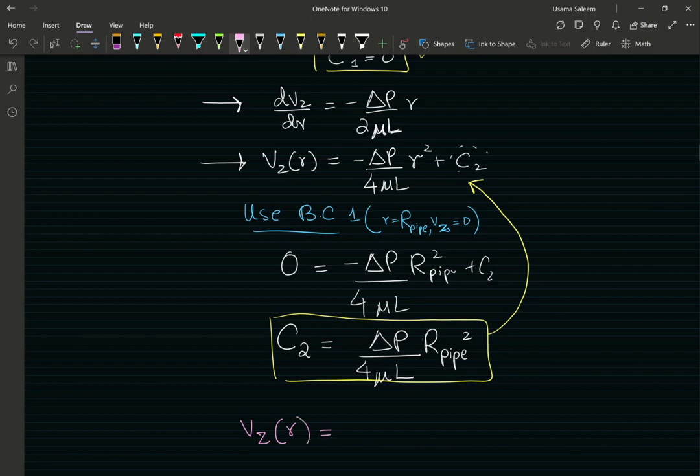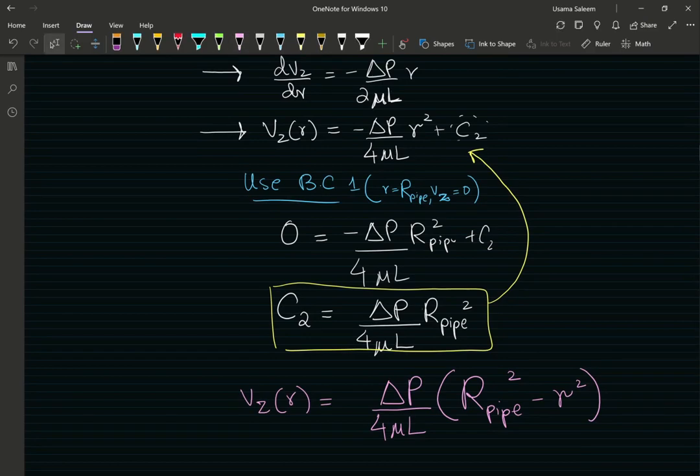So this is going to become, if I factor out this term, delta P over 4 mu L, and I hope I'm not going to make that big of a mistake, this becomes equal to R pipe squared minus r, the radial distance from the center of the pipe. This one is a constant, this one is a constant, and this one is my